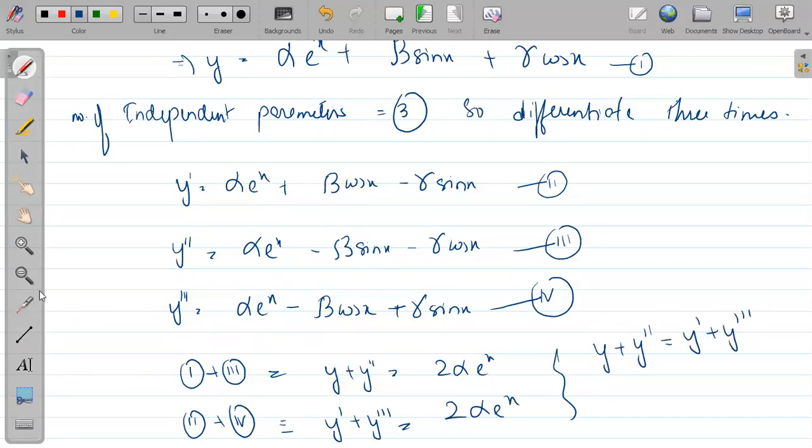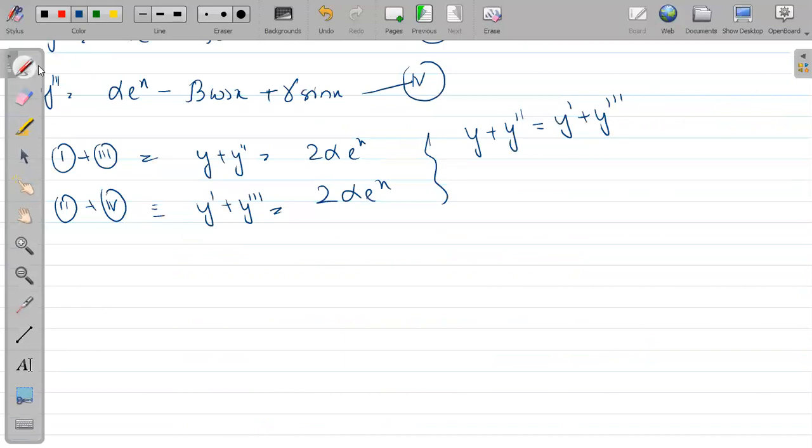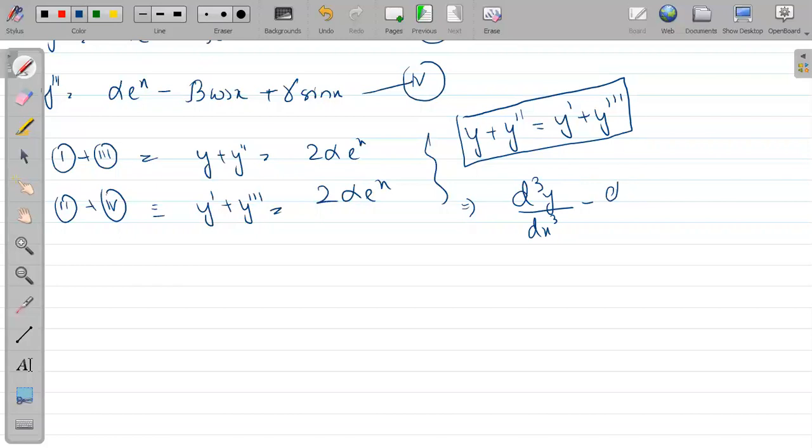Is it a differential equation? Yes, it is a differential equation. What is the order of the differential equation? Third order. 3. तो इसको हम लोग कैसे लिखेंगे बेटर? अगर आपको ऐसे लिखना है, this is also correct. And if you want to write in terms of dy by dx, you can write. So I will suggest write in terms of y dash, y double dash. Because dy में लिखते हो तो लंबा हो जाता है. It looks complicated.